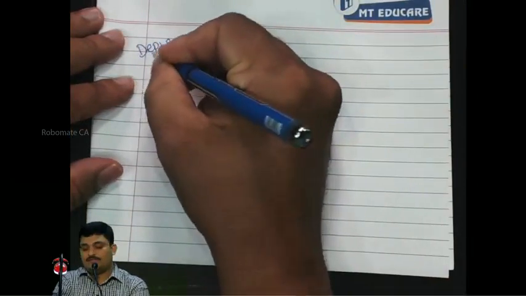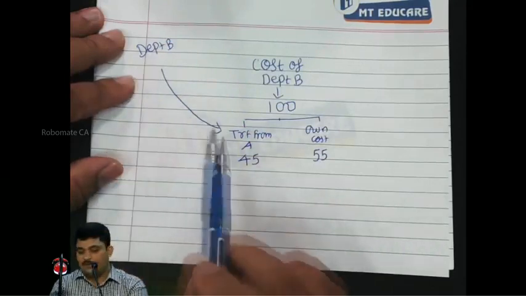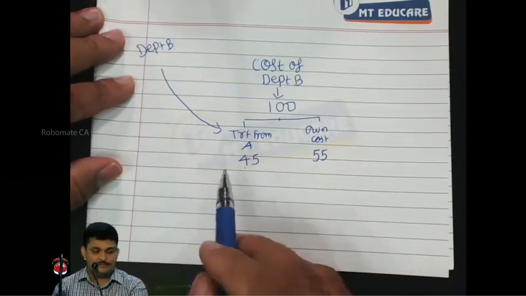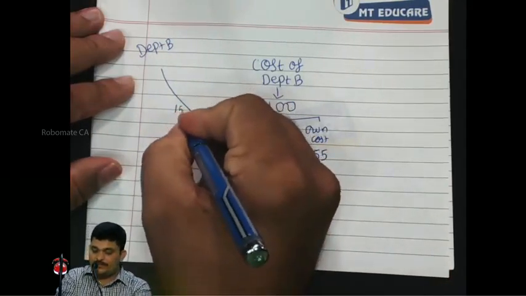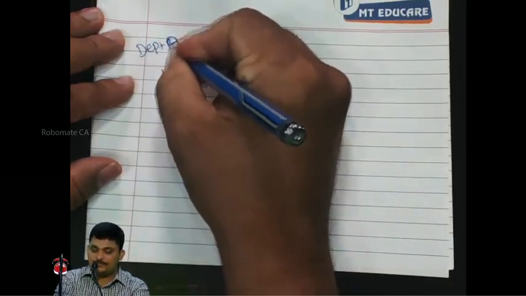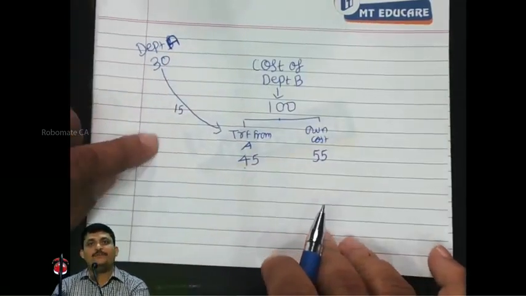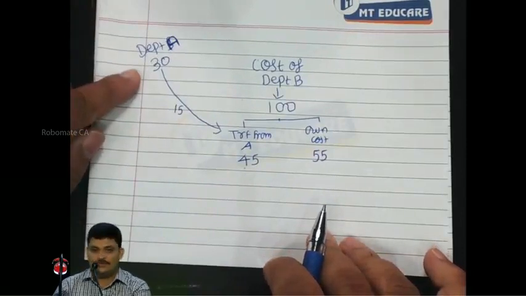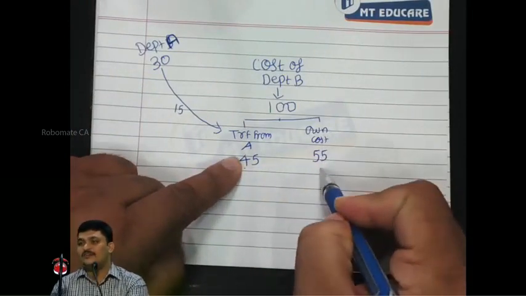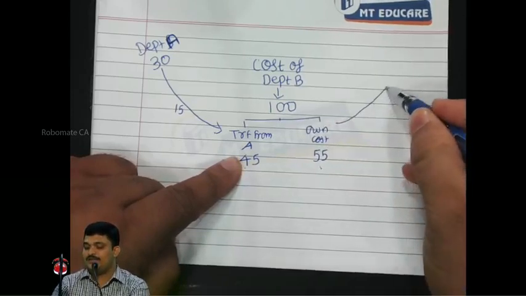Department B, cost price plus 50% margin, that is 1/2 on cost. Respond, friends. Which means in 45, what is the profit margin? 1/3. How much? 50. What is cost price of Department A? It is 30, 50% margin was 15. Together it reaches B, and B incurs further cost and transfers to